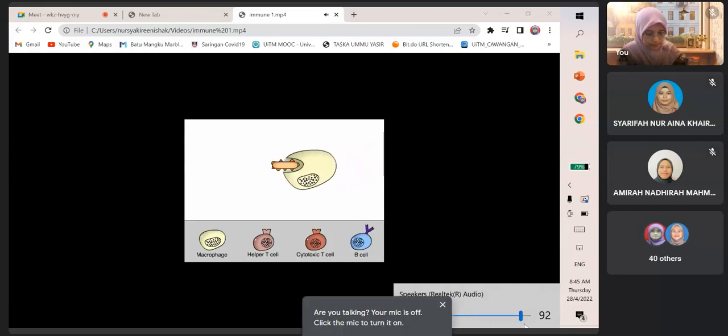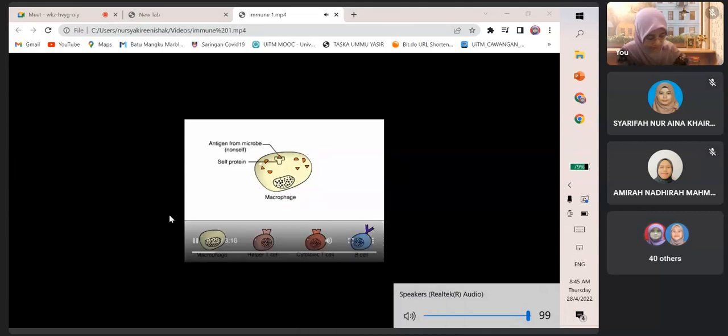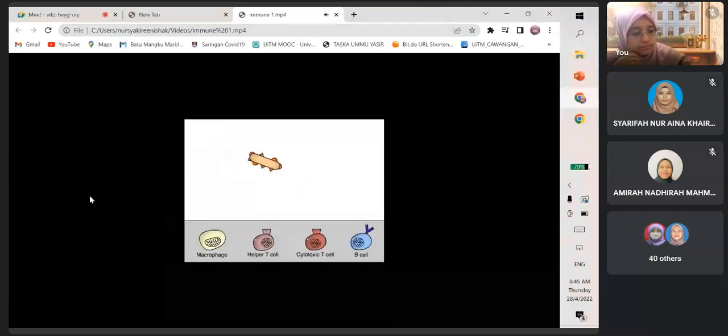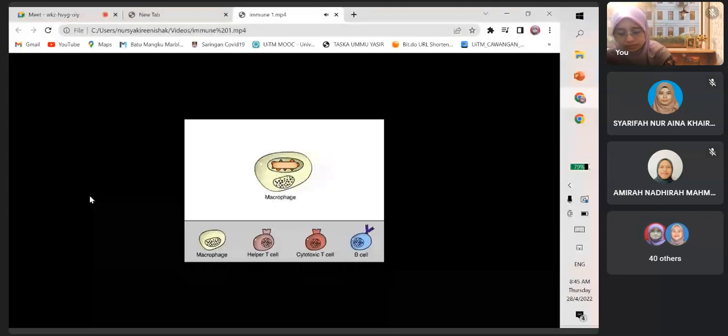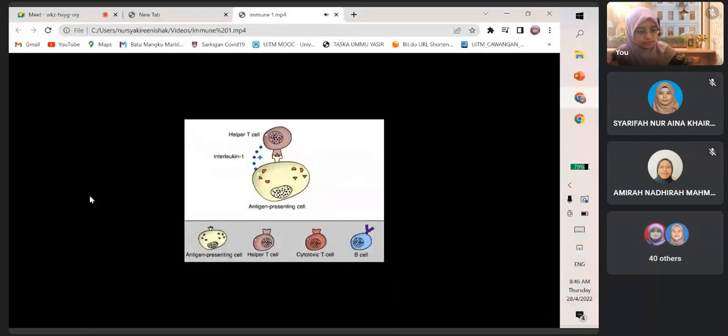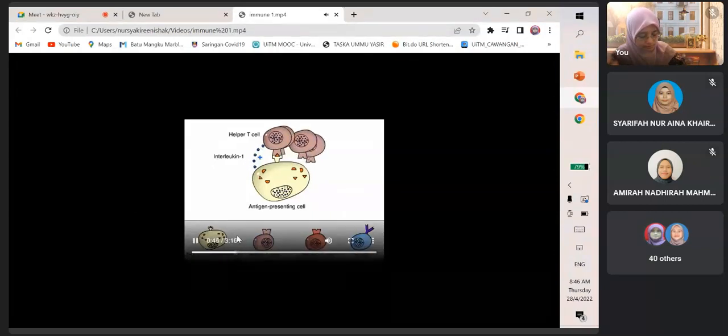A macrophage engulfs an invader and breaks it into pieces. It displays the foreign antigen on its surface, along with a self protein. Now let's look at how helper T cells aid cell-mediated immunity and humoral immunity. Imagine that bacteria have infected the body. Antigen molecules on their surfaces identify them as foreign. A macrophage engulfs an invader and breaks it into pieces. It displays the foreign antigen on its surface, along with a self protein that acts as a label for the body's own cells. The macrophage is now an antigen-presenting cell. The antigen-presenting cell secretes interleukin-1. Both interleukin-1 and contact with the antigen-presenting cells activate specific helper T cells to divide and grow into many cells with the same receptors. The helper T cells next activate other cells in the immune system by secreting an